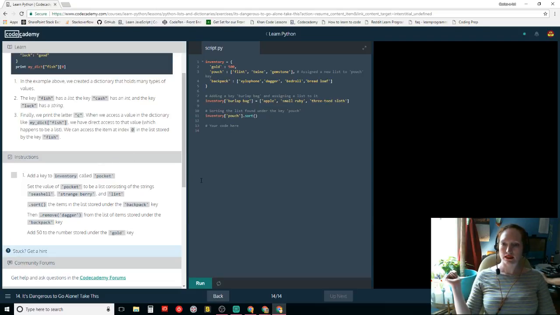Add a key to inventory called Pocket. Is this right?